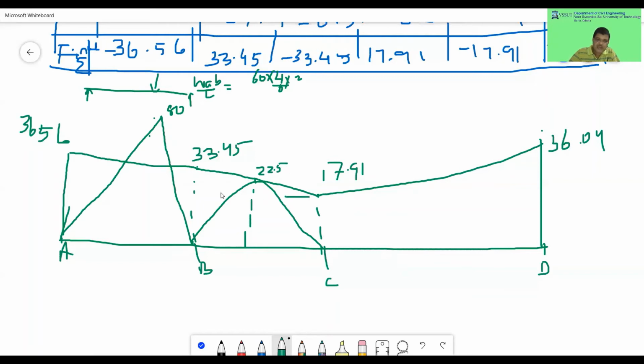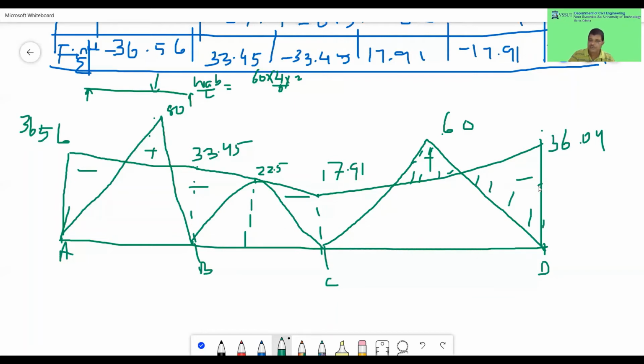Now the entire value will be now negative. The bending moment negative, and this will be positive. And here again WL by 4. So it will be WL by 4 means 30 into 8 by 4. It will be 60 here. So you can take the value 60 here. So this value comes out to be, right. So now this is negative. Positive. So draw the diagram now. This will be positive. So this will be your bending moment diagram, right?